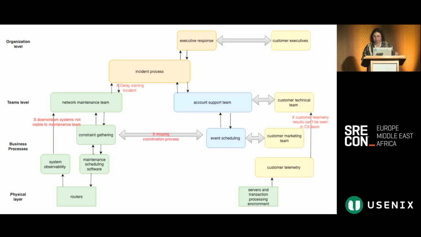But there's one more thing that I wanted to bring in here. That's that center arrow, which is not that hierarchical arrow. It's a horizontal arrow, and it's representing a coordination link that was missing in the incident. Very often when we have coordination issues or communication issues in an organization, it's easy to say, well, it's just human nature, or we'll try harder as a way to overcome it. I have never found those to be successful approaches.